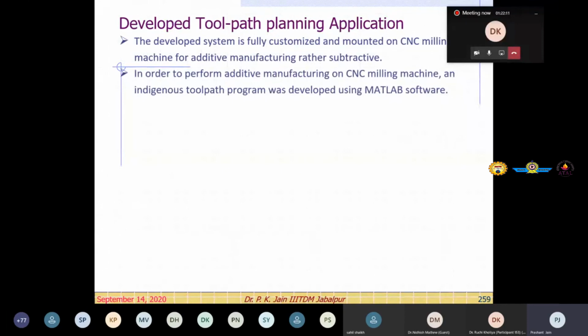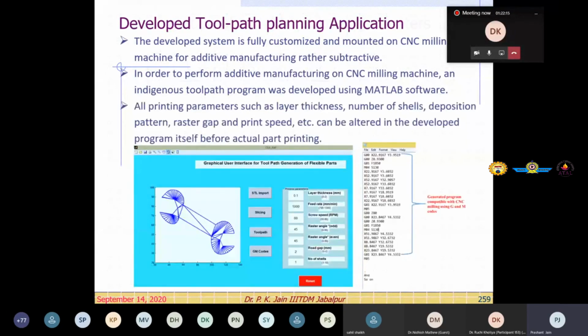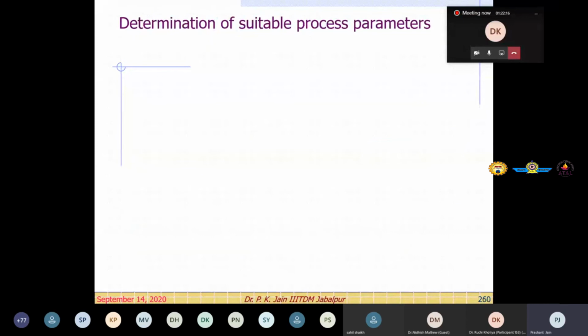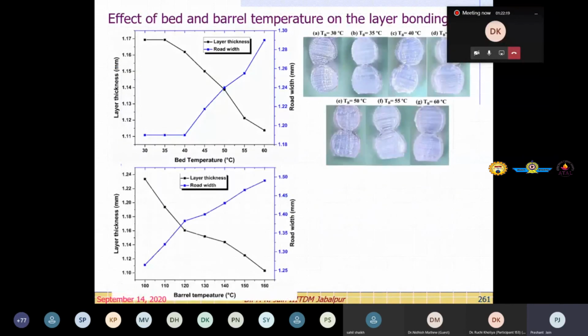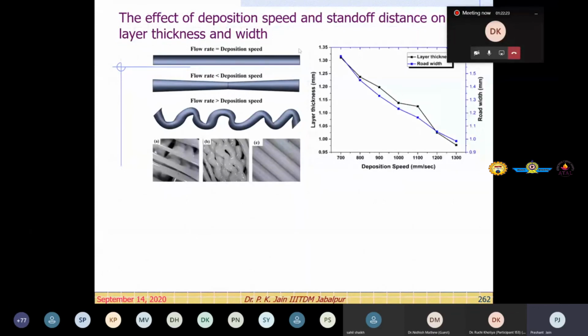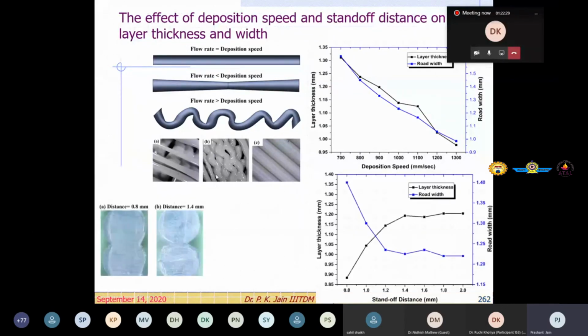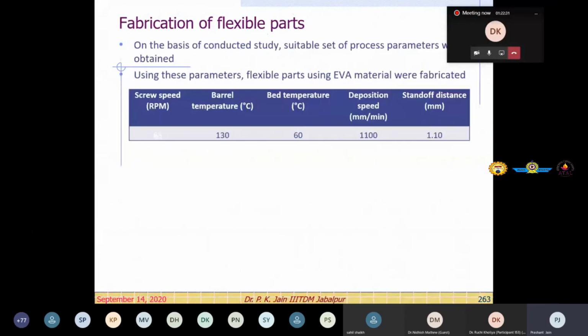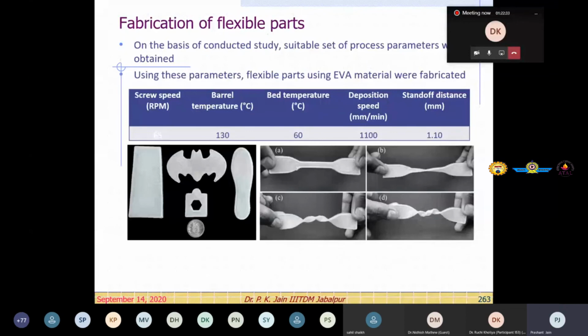So with that material, we did a lot of experimentation, right? And we are capable of a lot of synchronization, what we talked about in the first session. These are the figures I have shown. So based on that, we are capable of printing flexible parts like this. Look at this. See, these are the additive manufactured parts, and they are so flexible. You look at this.